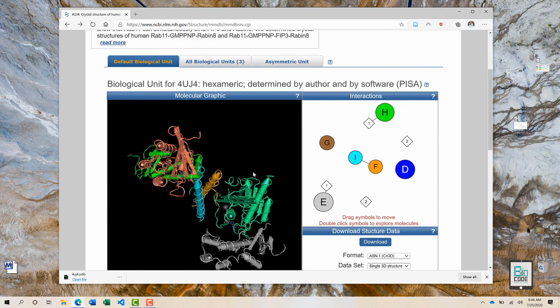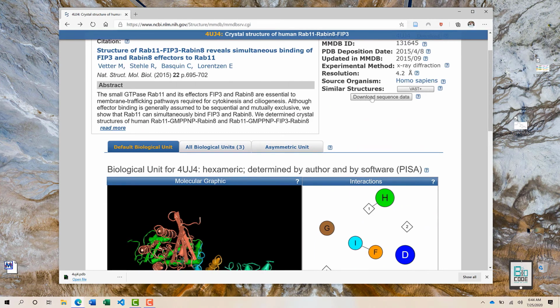If you go below, you can also download the sequence data. Just click on download sequence data. If you click on VAST Plus, you will be able to find similar structures of